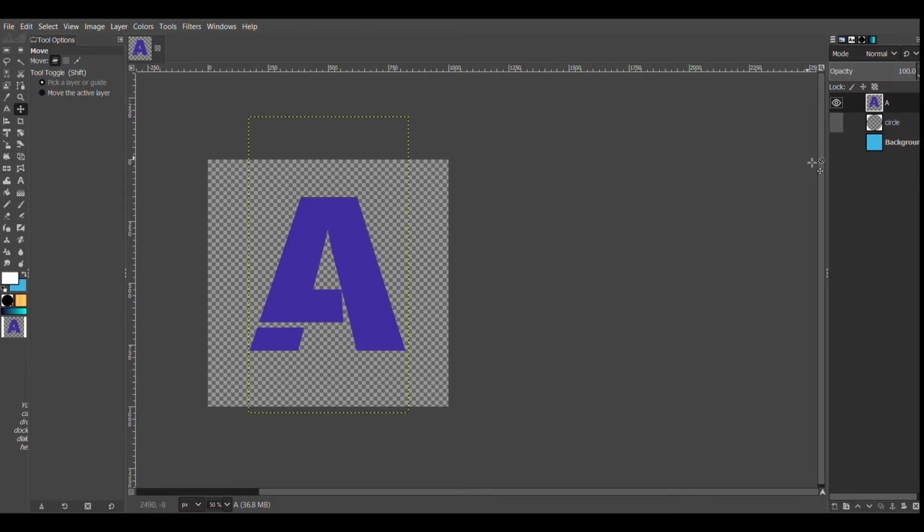Now, before you do export it, there are a few tricks that you can do. One, you can control the opacity right here to make it as transparent as you like or as opaque as you like. I personally prefer to make it as opaque as I possibly can to highlight the logo. If the logo is a big logo that does take up a lot of space, I do recommend making it as transparent as you possibly can. That way it's not an obstruction for your audience and more of a complement to the video. So once you've gotten this done, you only have to press Control Shift E,